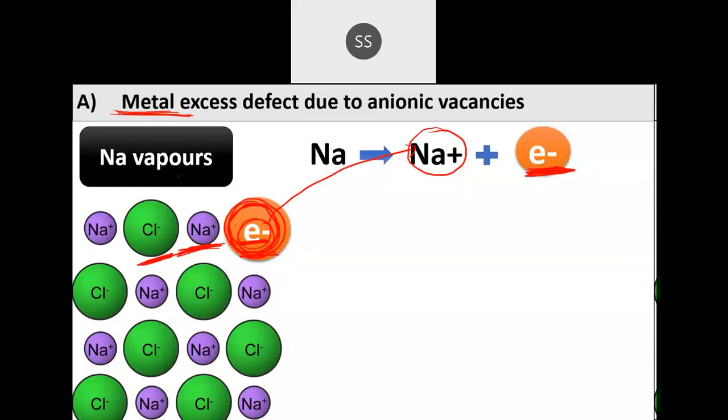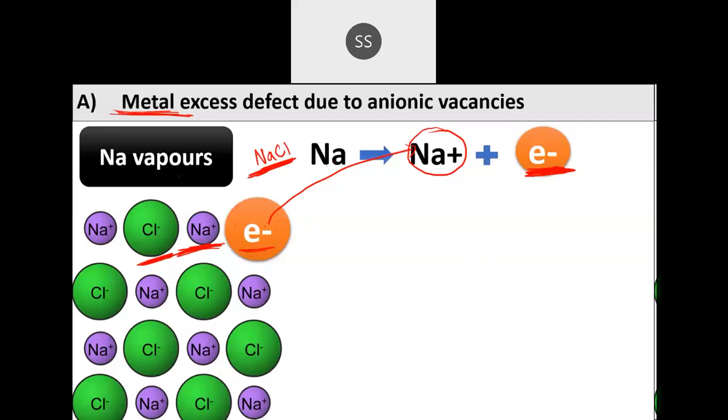Now what this electron does is, if you know NaCl, you know the color of NaCl, how it is. What is the color of NaCl? Sodium chloride crystal, the table salt which you eat. What is the color of sodium chloride? Yeah, white. White, or even we call it colorless, correct? It's white in color. But now see here, this electron has come.